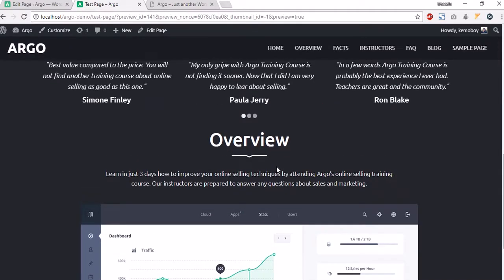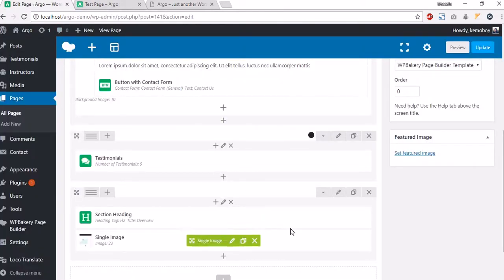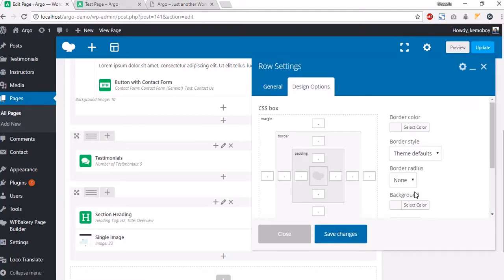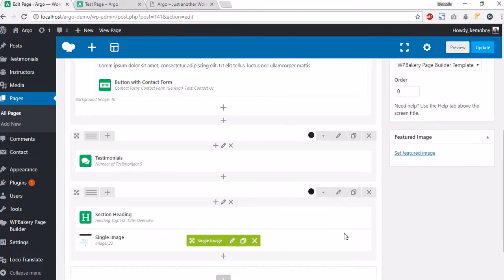And as you can see, we need to add a background to that row. Let's go and add a background to it. Click on edit this row, design option, background, and I'll add this background. Click save changes and preview it again,